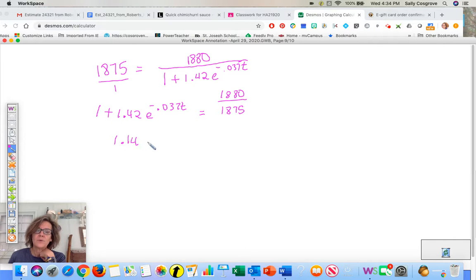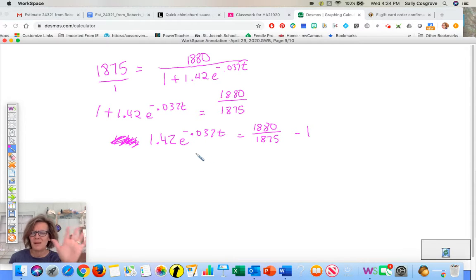So 1.42 e to the negative 0.037t is equal to 1880 divided by 1875 minus 1. And we'll simplify that in a minute. Don't worry about it. Now what? Now let's divide by 1.42. Okay? And we get e to the negative